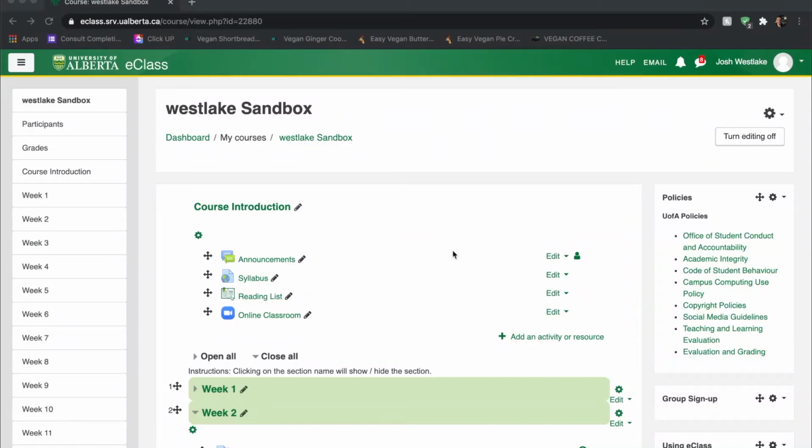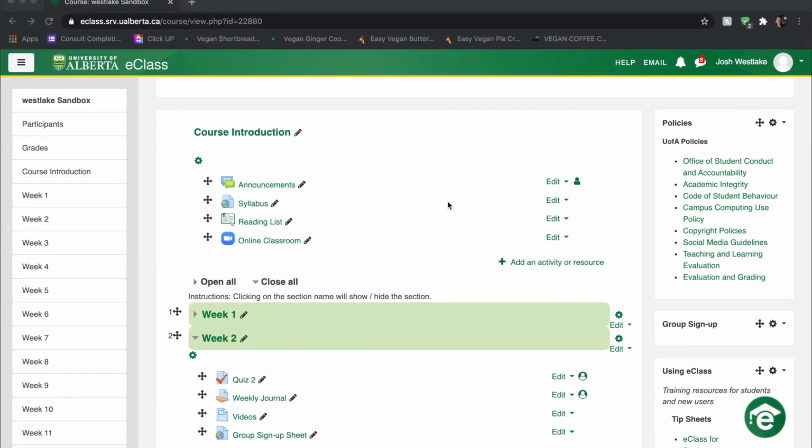To show you how using labels in a course can help you organize things a little bit better, I've got editing turned on, and labels are a nice way to just add instructions or text to your course page. So instead of having students click on a link to a page or something like that, you can actually just insert text anywhere on this page. So let's say, for example, that I want to add an introduction to the instructors of the class, or maybe even just a course description to this top section here.